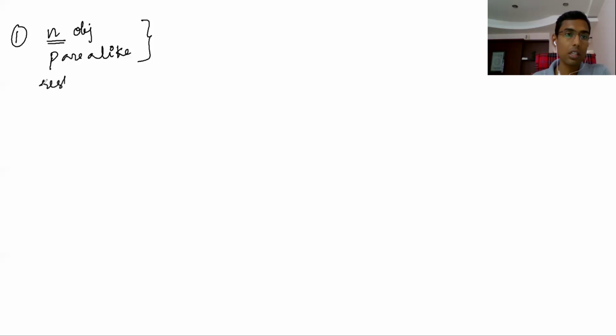Yeah. So what we are discussing is this. Number one point: the number of permutations of n objects in which p are alike, or the same. That means n minus p are different. The number of permutations of n objects in which p are alike and the rest are different, that means n minus p are different objects, will be n factorial by p factorial.